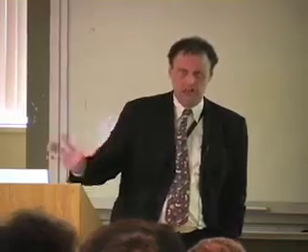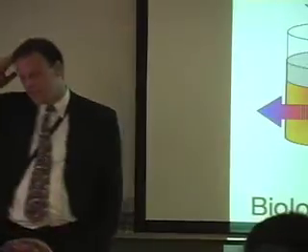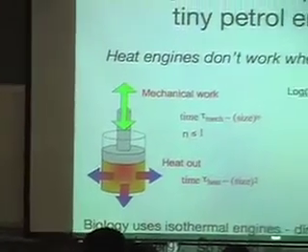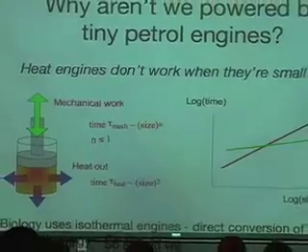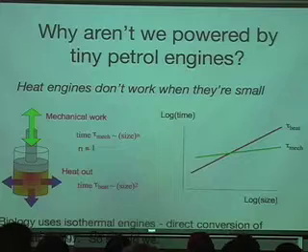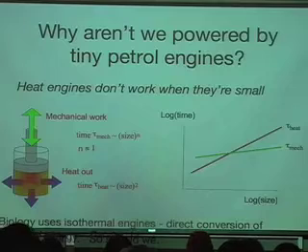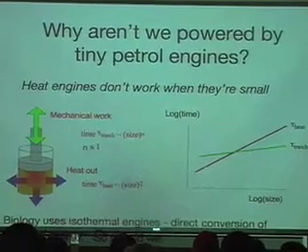Of course, that doesn't mean they break the second law, because you have to put energy in. They convert chemical energy, and that's how that works. So, why would you want to do this? Again, we appeal to scaling. If you're a proper engineer, of course, you would want to have a heat engine. But we don't get heat engines in biology, and it's interesting to ask why. The reason is that a heat engine works by having a hot reservoir and a cold reservoir. It works because you have a temperature gradient, and heat flows from the hot reservoir to the cold reservoir, and you pinch a bit of heat out along the way, and you convert that to mechanical energy